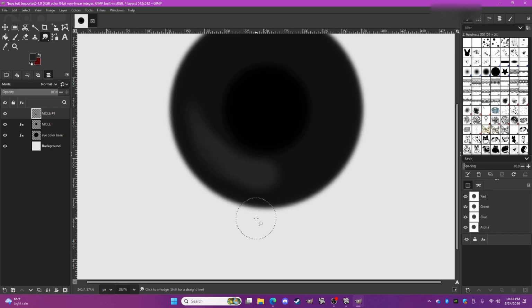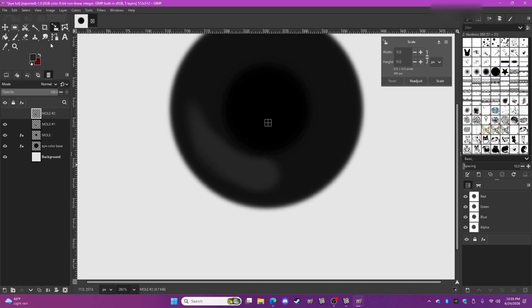But anyways, you're just gonna want to go in with a little bit of a lighter color, and then you're just gonna duplicate it. To get it like that, I use the smudge tool. But then you're just gonna duplicate it,